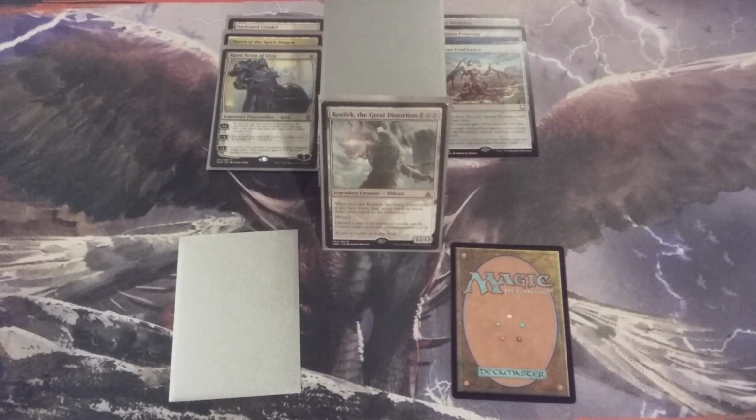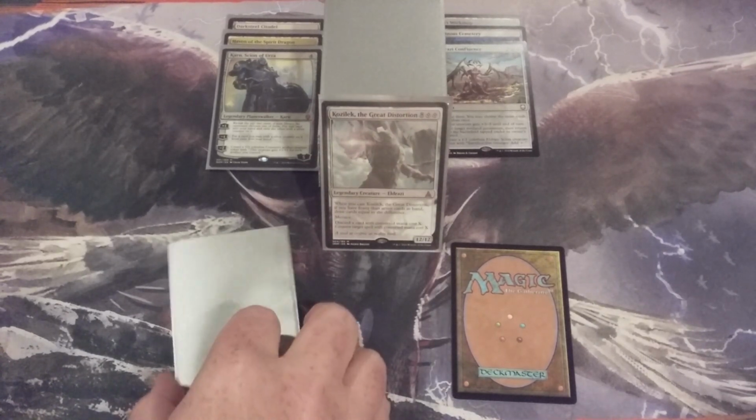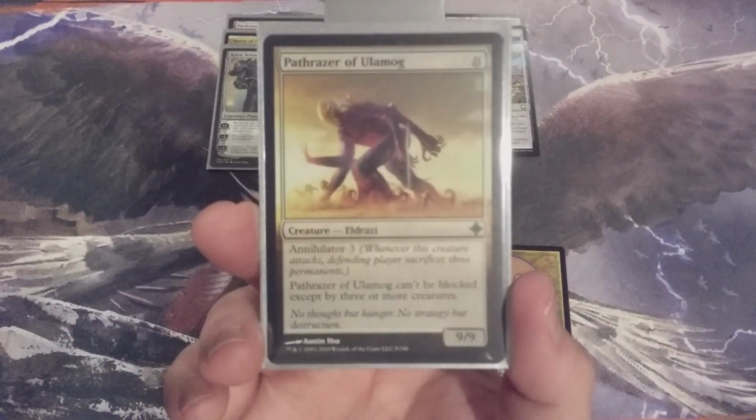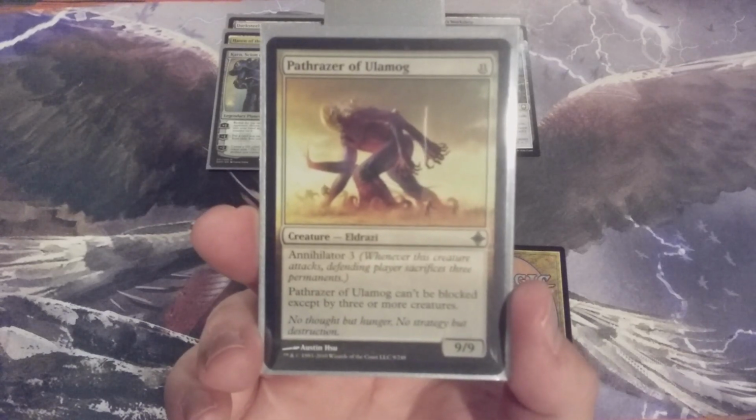The last card going in and the last card coming out. First, we're going to show the card that's going to come out. It's going to be a creature coming out for a creature going in, and the creature coming out is Pathrazor of Ulamog. Here we have an Eldrazi for 11